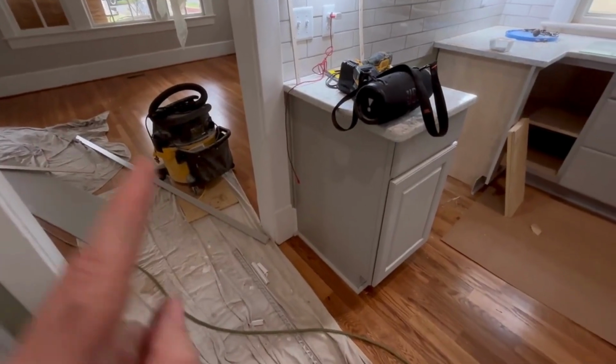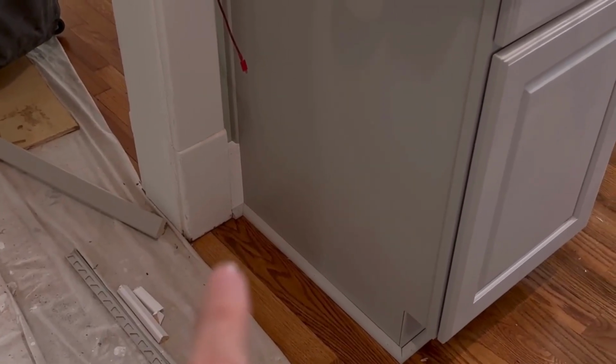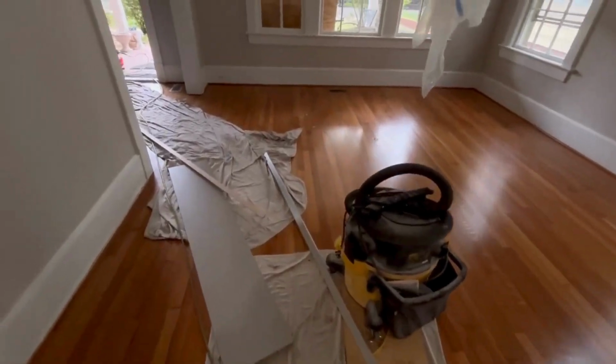You remember when I was painting toe mold so that it would match the cabinets? Well, I got overzealous and I painted one that was supposed to be white. So we've got to fix that now. Oh, and also, great news. All right, folks, we are